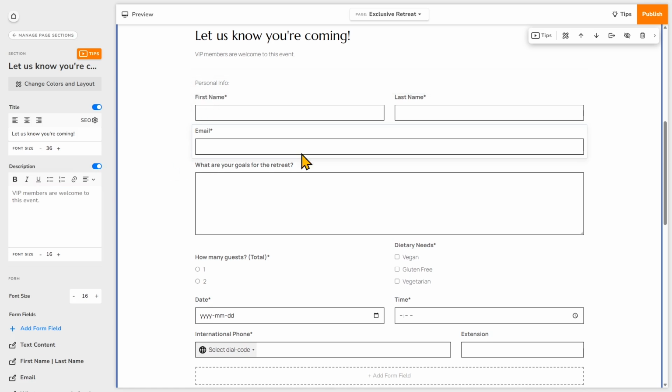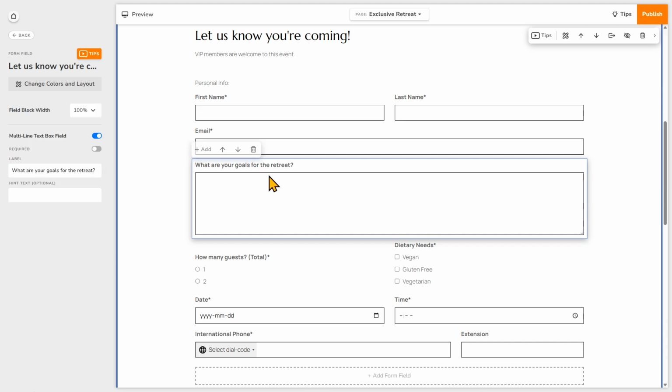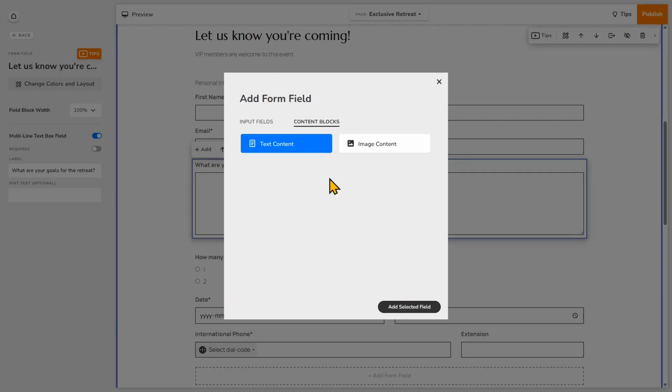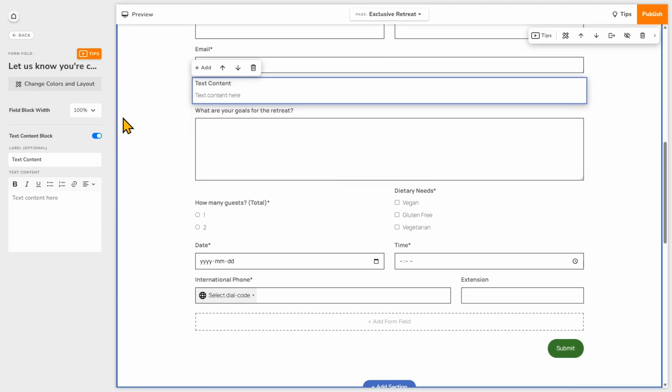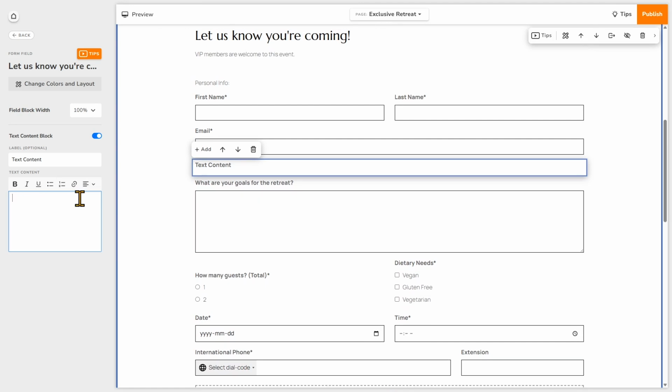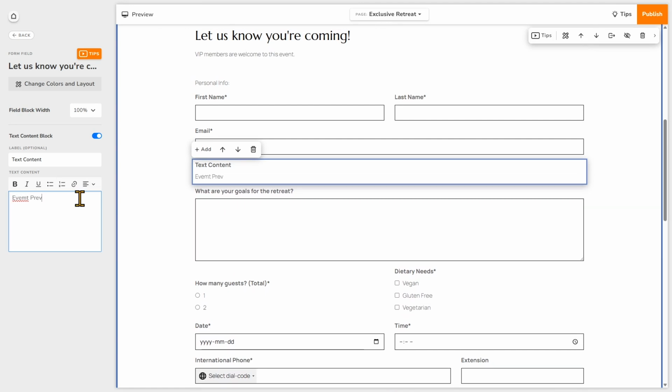And then I'll add another heading now. The rest of this is going to be for the event preferences. So I'll click right here, add a content block, and I'll add text. So I'm going to add the text content here to say event preferences.